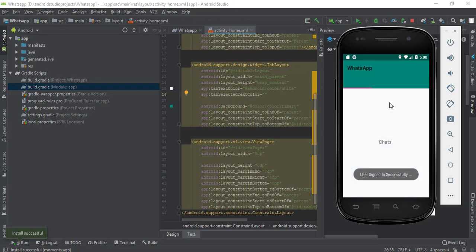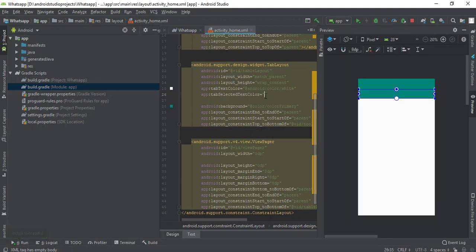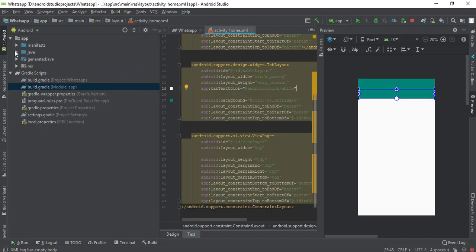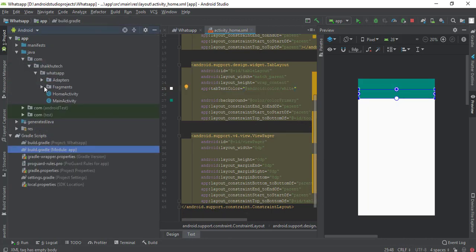Okay, so we are signed in successfully, but the text color isn't changed yet. Sorry, we haven't set the title of each fragment, so we need to go to our fragments,